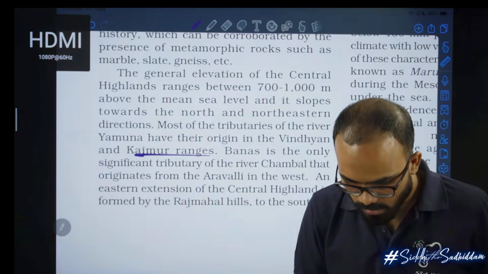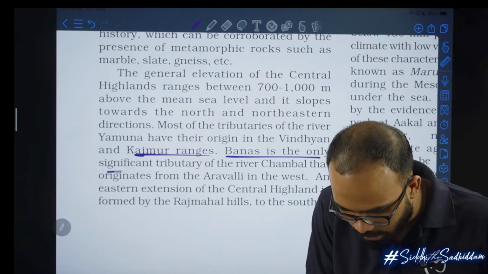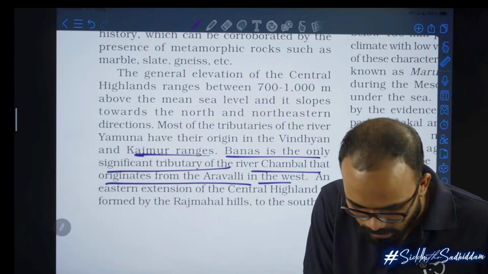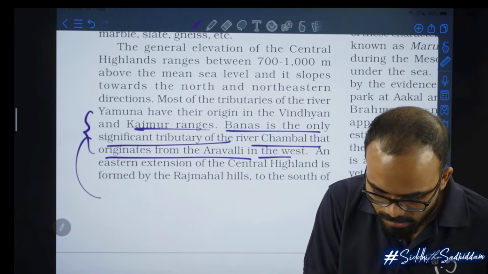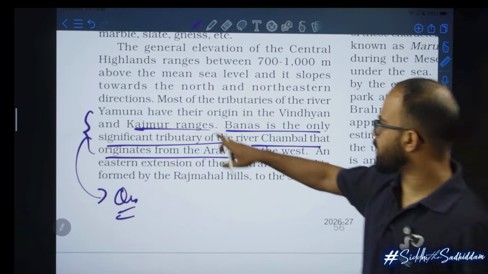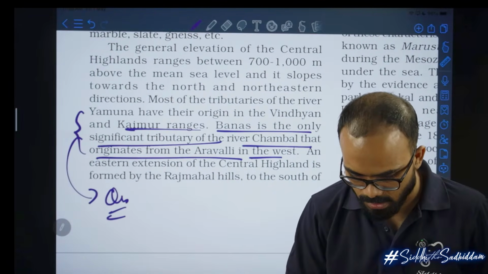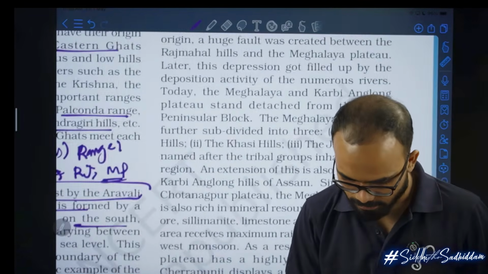Kaimur Range. Banas is the only significant tributary of river Chambal that originates from Aravallis in the west. From this one single line itself, there can be a question. This line is important, they can ask you a question from this line. Next is